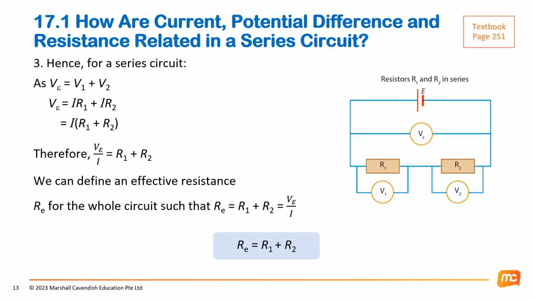Okay, so let's say I look at this series circuit, using all the information that I know, where VE, which represents the voltage of the EMF, is equal to the sum of the individual potential differences, and I know that V has the relationship with I and R in this format, V equals IR. So if I were to translate this,